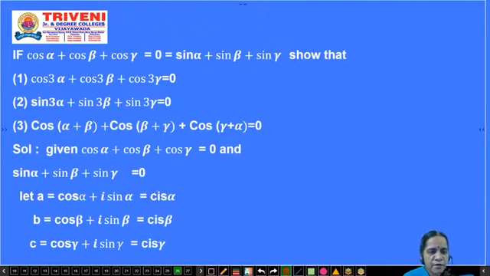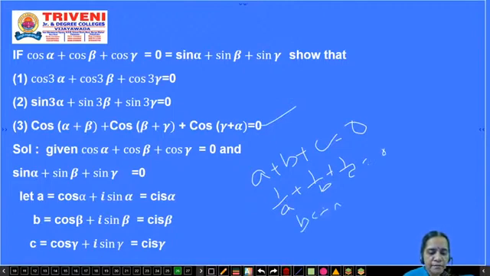We have to take the values: A is cos alpha plus i sin alpha, B is cos beta plus i sin beta, and C is equal to cos gamma plus i sin gamma. First we have to take the value of A plus B plus C. Then we have to rearrange the real parts and imaginary parts on one side. The real parts separately, the imaginary parts are equal to 0. Then we have to take 1 by A plus 1 by B plus 1 by C is equal to 0 in the third one. Then we have to get BC plus AC plus AB. In this one we have to